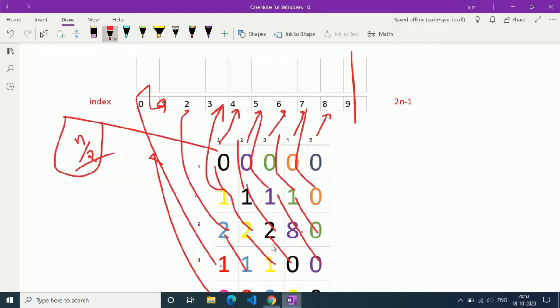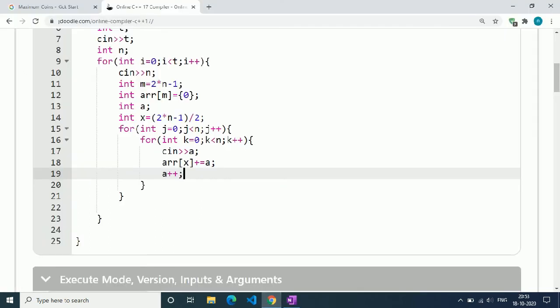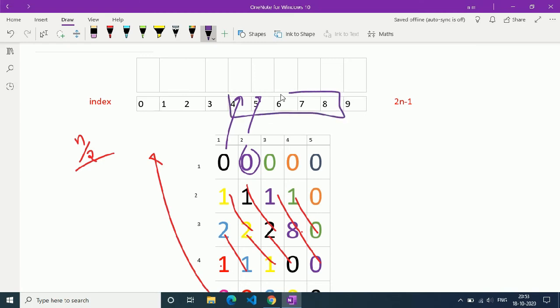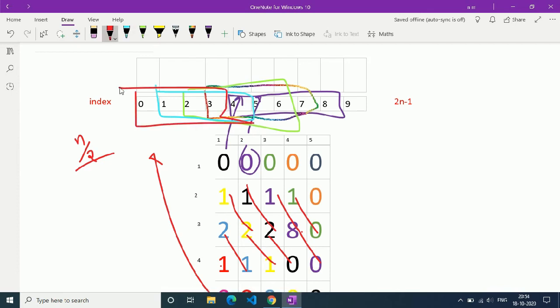And after that we are going to store the next value at the next position. So we start with 4, so next we store at 5. So we have to increment the index, and this is where we store our first row. For the second row we start from 3 to 7, third row 2 to 6, fourth row 1 to 5, and the last row 0 to 4.